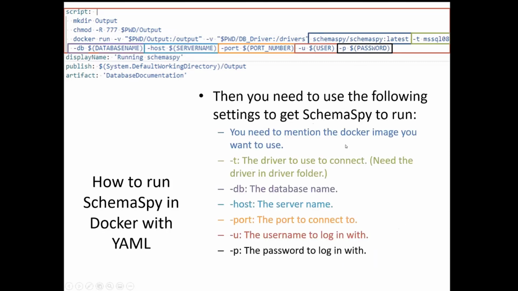So here's the stuff you need to do when you're trying to run Schema Spy from a Docker container. You're mentioning the whole Schema Spy Docker container here. I'm using the latest one. Then I'm trying to use the MS SQL 08 driver, which I've got inside the drivers folder. Then there's a database name, a server name, port number, user and password, which is all used to basically generate all of your